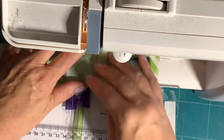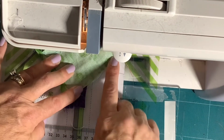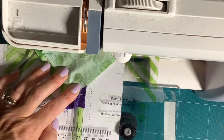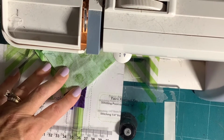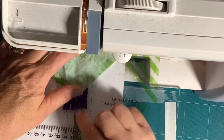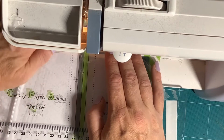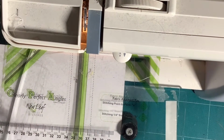All right. And again, see how it's a little crowded there. So you do kind of have to just line up that outside point. That's going to be your most important thing. Make sure these 2 points are pretty parallel, and make sure your point here and the raw edge of your piping are right at this outside line here, so that when you sew, you've got your 1/4 inch to the right of the diagonal again. It takes a little more practice, people. Don't be